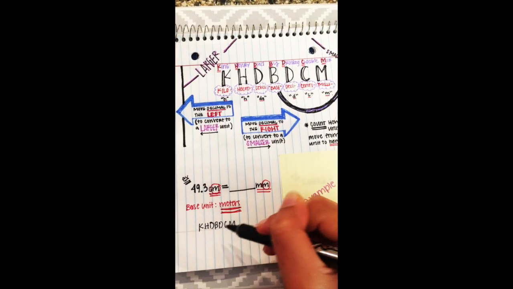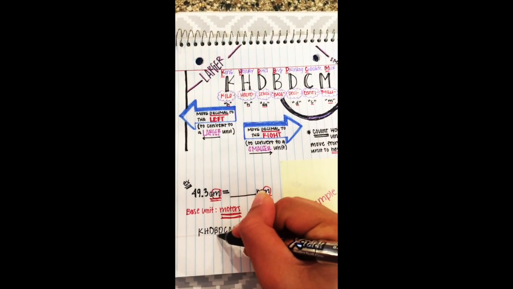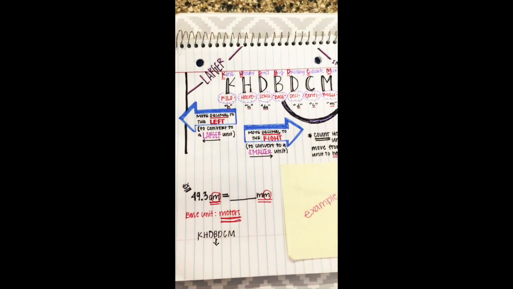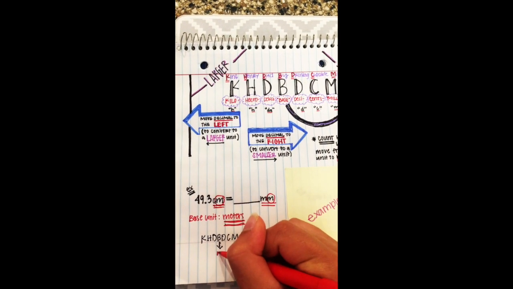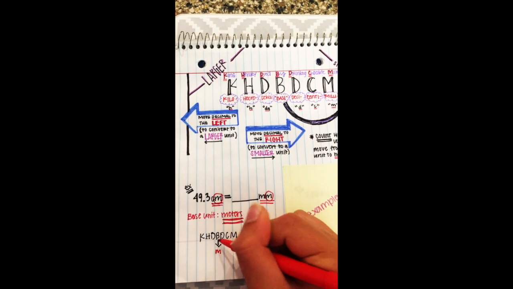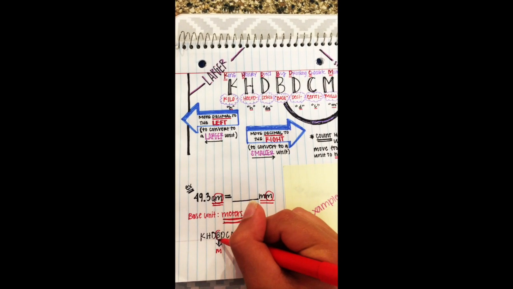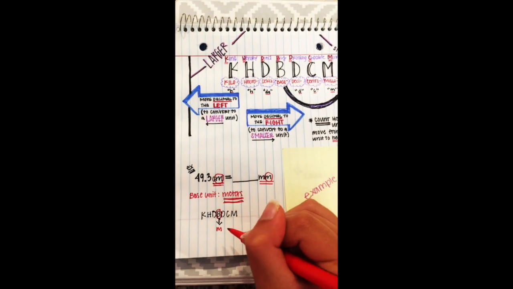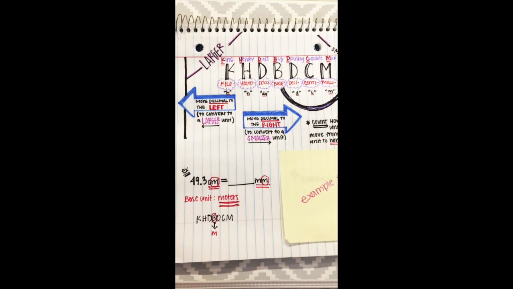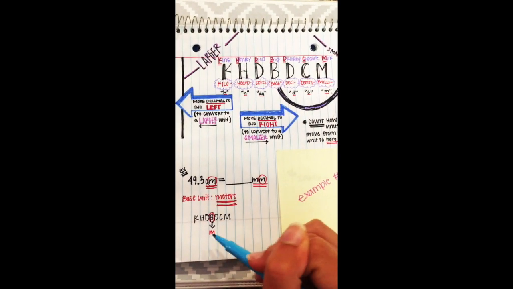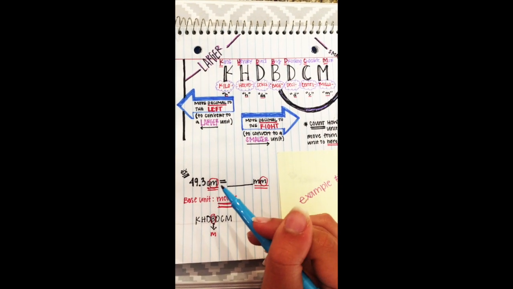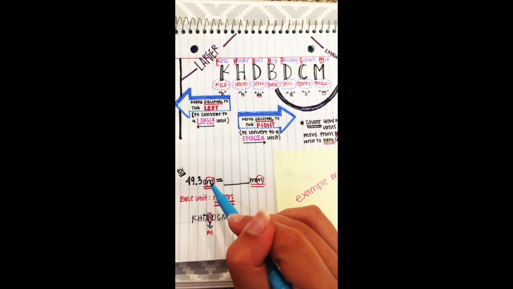All right, so King Henry died by drinking chocolate milk. We know our base is meters. All right, so we can just circle our base to identify it. We know our base is meters. So, next thing to do after identifying our base here is we're going to identify our start